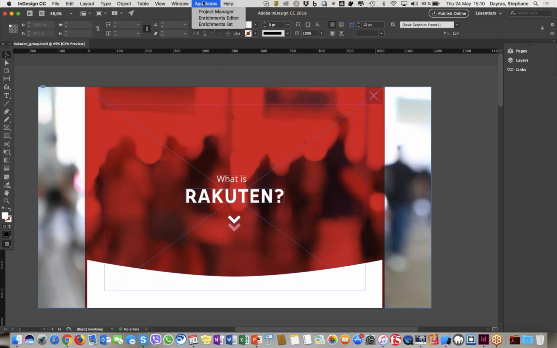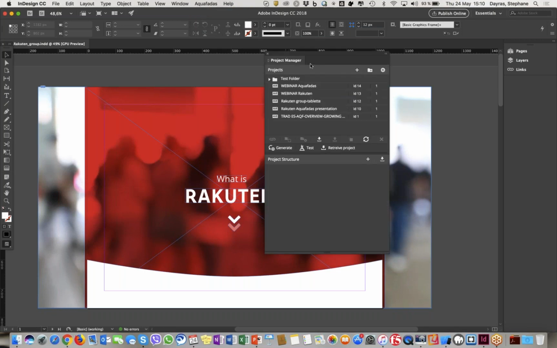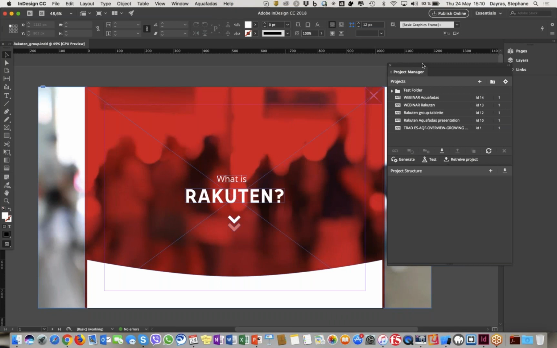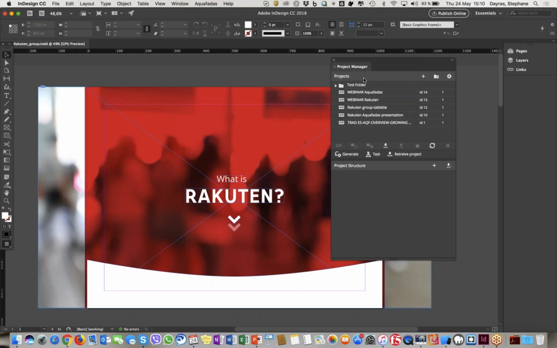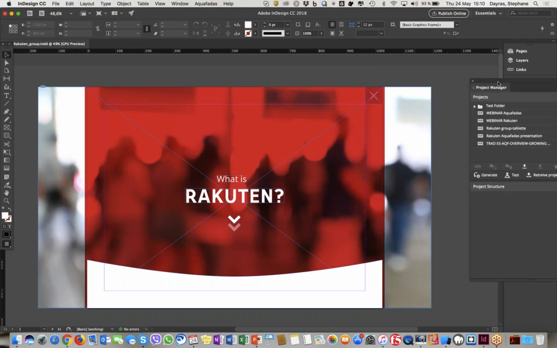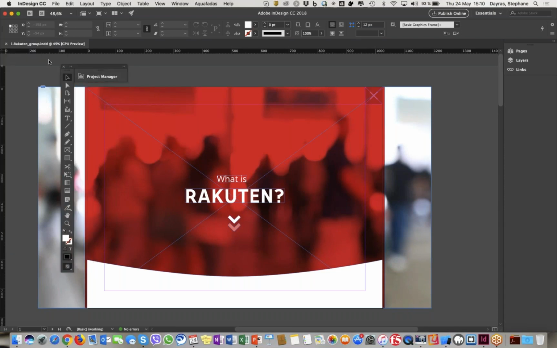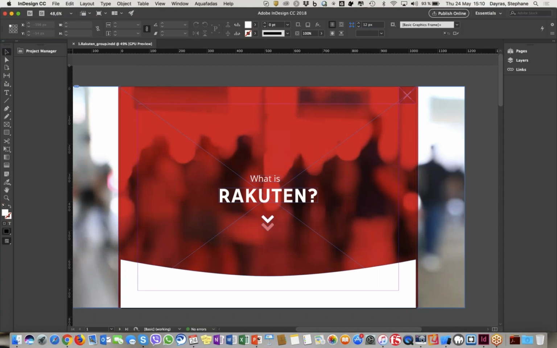When you want to start, you have to open the Project Manager palette, which, as you can see, is now using the color theme of Adobe InDesign preferences, and we'll change it in a minute. And this is still a floating palette, but now you can dock it to the other palettes. For instance, I can bring it to this one and then dock it to this one, or get it out, or dock it at the left of the tools palette, and then bring all of them together, right?